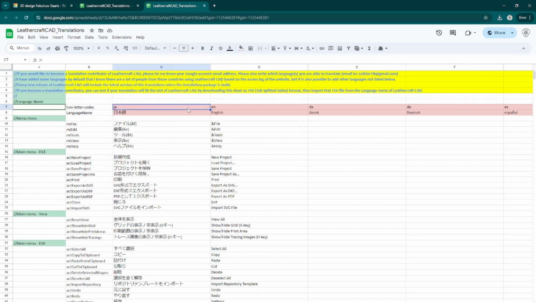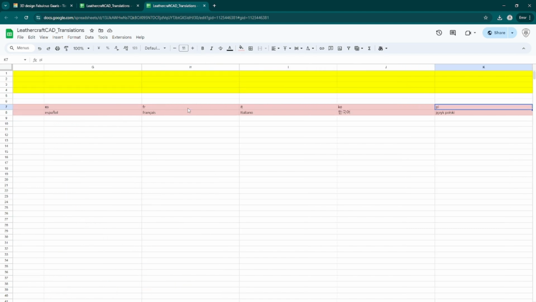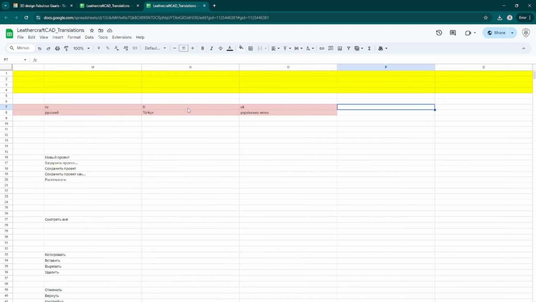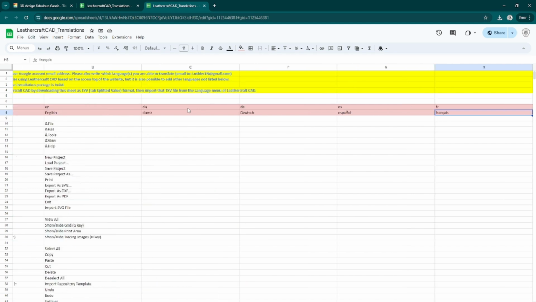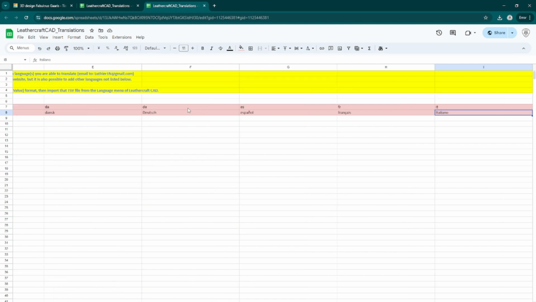Basically it has some languages already listed here. It's not limited to these languages. I just added those languages based on the website access log, so I know there are many people using Leathercraft CAD from these countries. But if you want to translate to a different language, I can add it to this page as well.